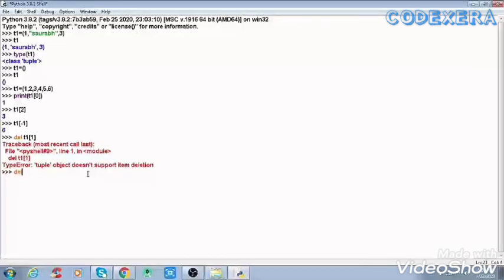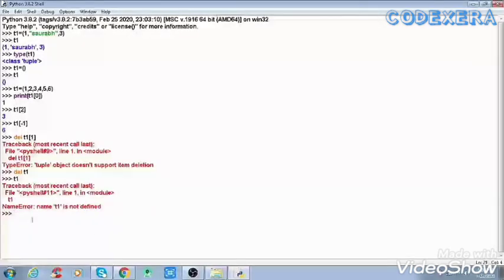But if we want to delete the whole tuple, it will delete. Now it says that t1 is not defined because we have already deleted it. So this was deleting in tuple.